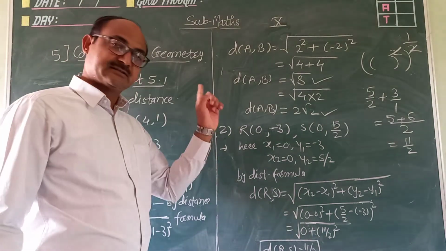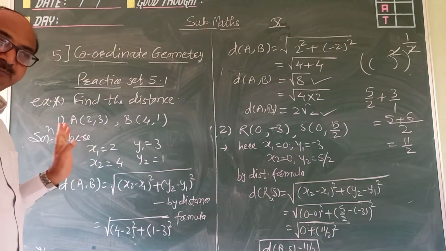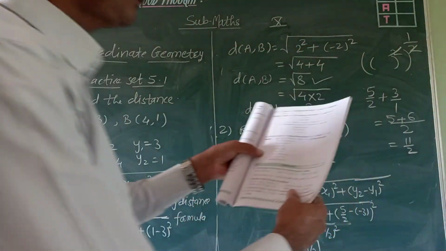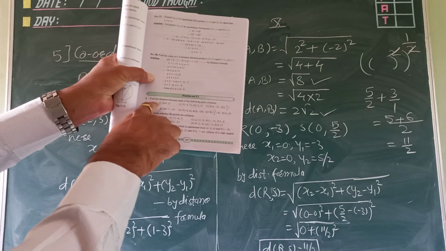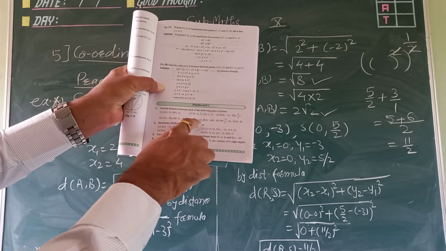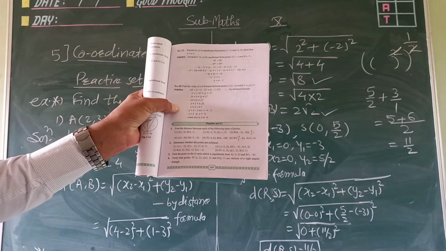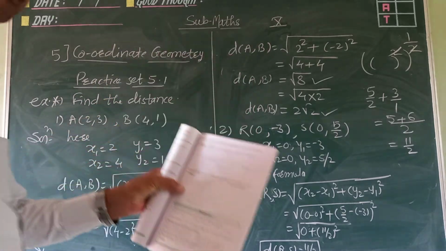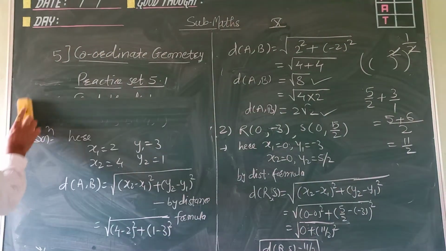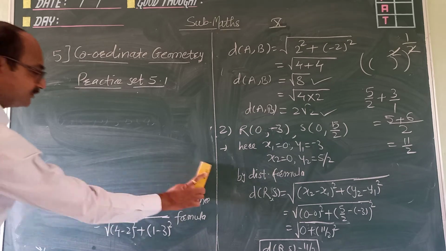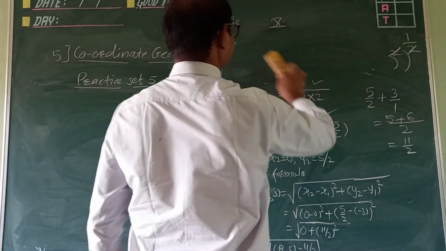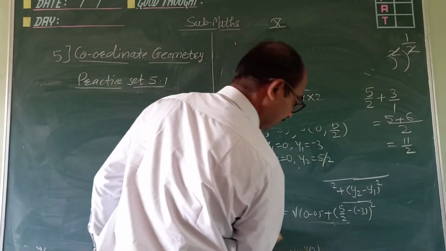So like this, some more examples you have to solve from that practice set. You know, examples are given here. See here, the first one and third one we have already solved. The second, fourth, fifth and sixth, you have to solve all of these. So the second question we will see, a different question. We will see two or three examples from each question, and the remaining you have to solve. But write all these examples in your notebook.